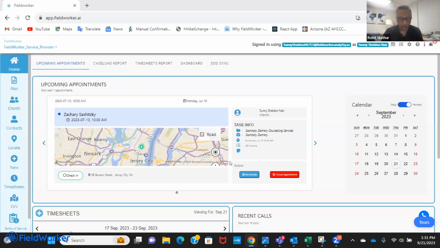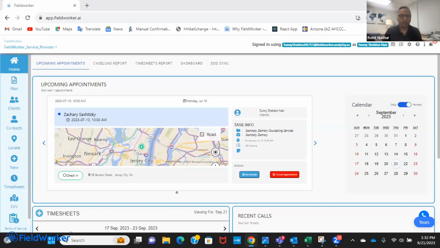There is another question which says: is this one package, or can I use some of the services and not others? I'm happy to take that myself. So you can. For example, the billing module can be separated out from the system. If you are not interested in doing billing, we are a full-on FieldWorker case management solution, so you can track your entire business here from front to back.